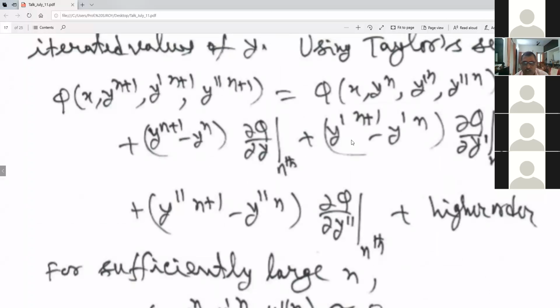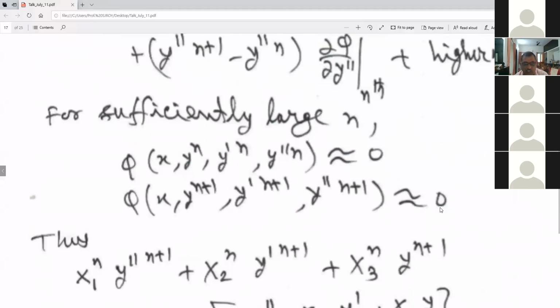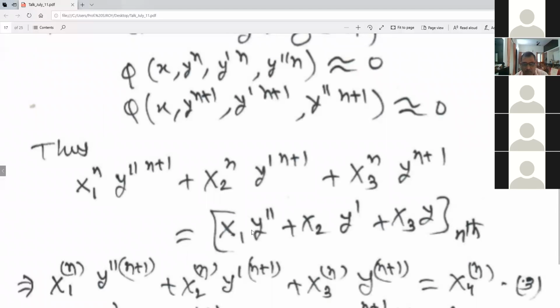So 1, 2, 3, 4, 5, 6 terms. Total 6 terms are there if you neglect higher order. Now the 6 terms, you check. 2 is 0. 1, 2, 3 terms, 4, 5, 6 terms. So whatever is non-linear, whatever this n plus 1 iteration, this is n. So these are the 3 terms. Minus 1 I put on the right side. Since this is one quantity, because all are at the nth iteration, x1, x2, x3, and this combination, instead of writing a long expression, we have just written x4. Right hand side of equation 3 is x4.